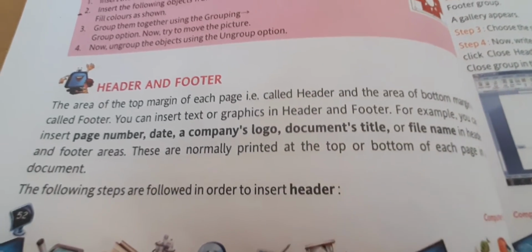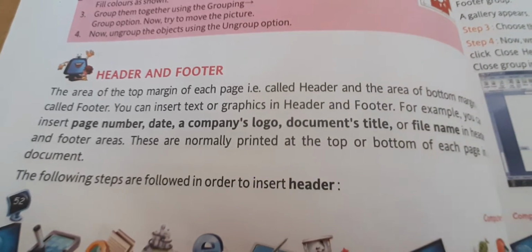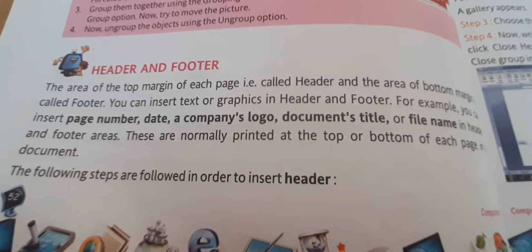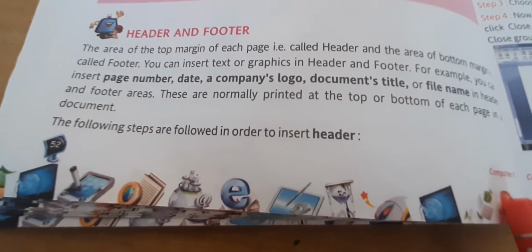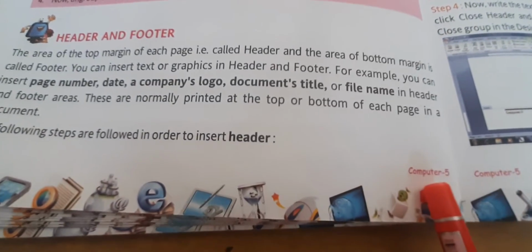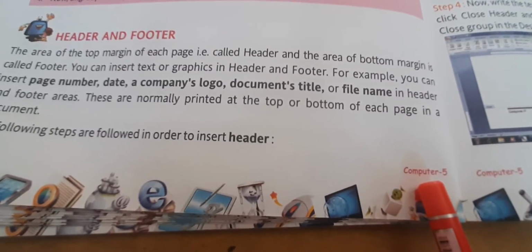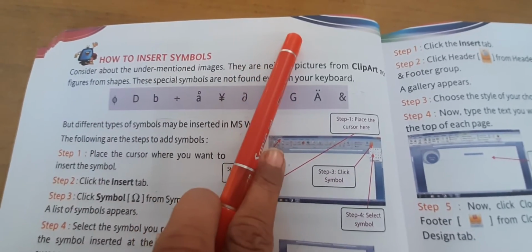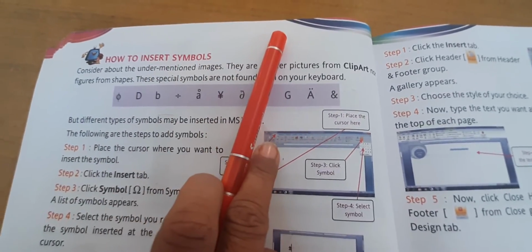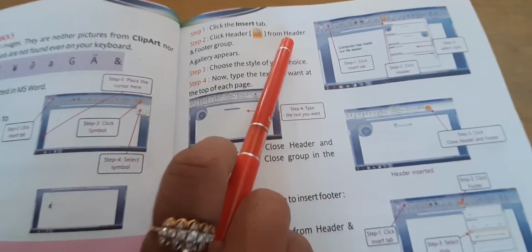Children, I have explained to you how the header and footer can change the look of the document and can make it attractive. Even in your book, you can see that this is the footer in which the page number is there, and the class for which the book is meant is given, and then on the header the pattern is given. Okay, the pattern is given, but its style is changing in the next consecutive page.